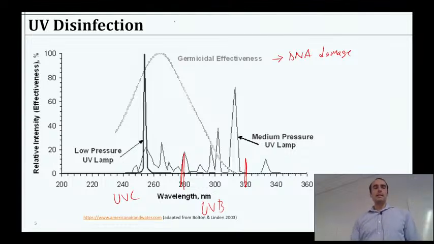But anything in this area is going to be effective, right? As we notice, when we start getting to the point where sunlight provides a little bit of this, it's really only a little bit of damage that it's doing. That's why we might be concerned if we are going to be exposed to a whole lot of intense sunlight, because there is potential for direct DNA damage there, just a bit. So that's one thing to keep in mind.